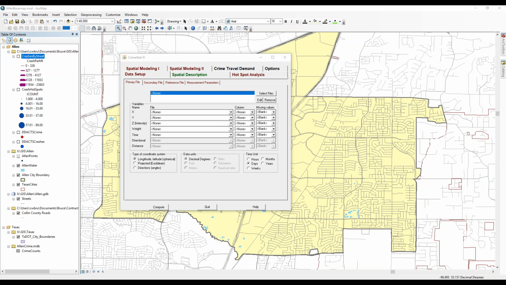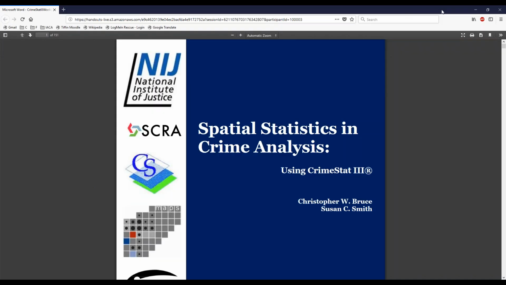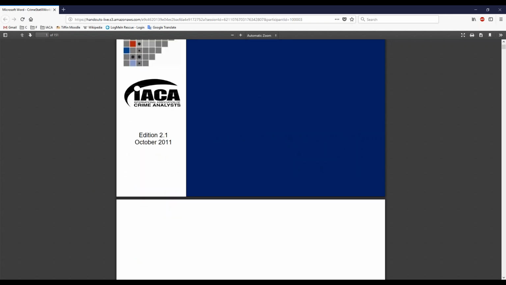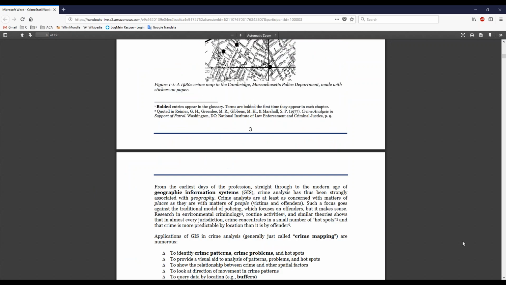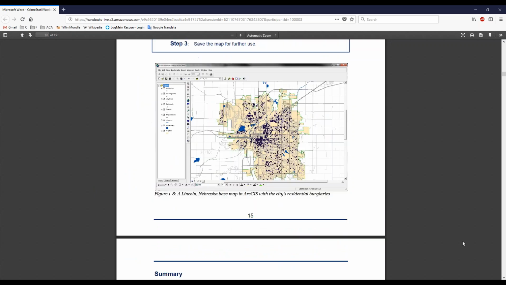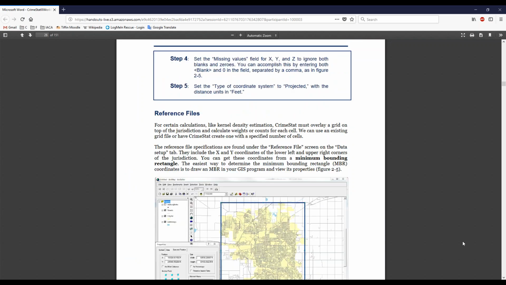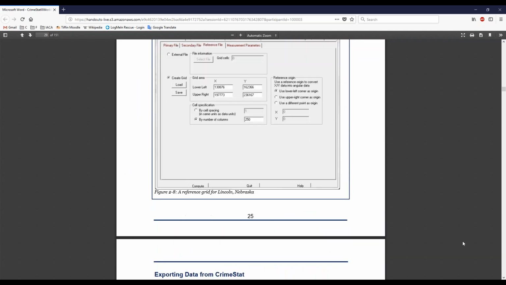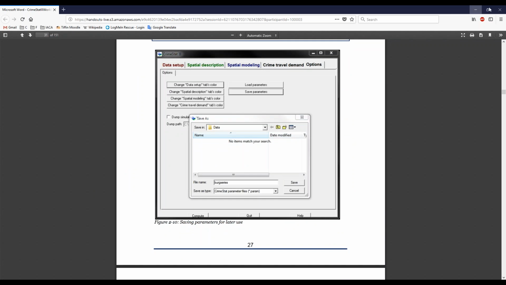And if you want to learn more about CrimeStat and the different routines that it does, I would refer you to the handbook here that is in the handouts group that you can download. It's a workbook that Susan Hammond and I wrote a number of years ago. It's meant for crime analysts, and it walks you through the principles of CrimeStat and how to use it to do pretty much all of the routines in it that would be useful to crime analysts. So we're going to focus on just